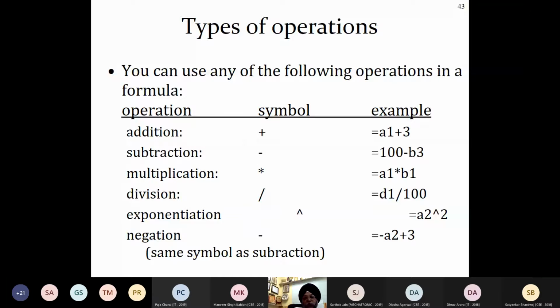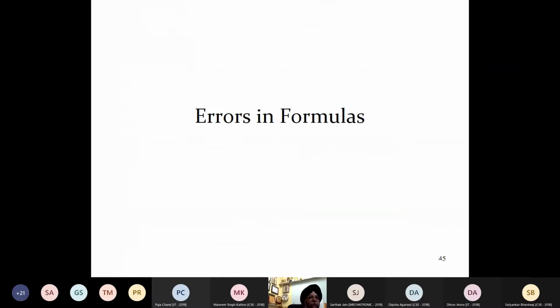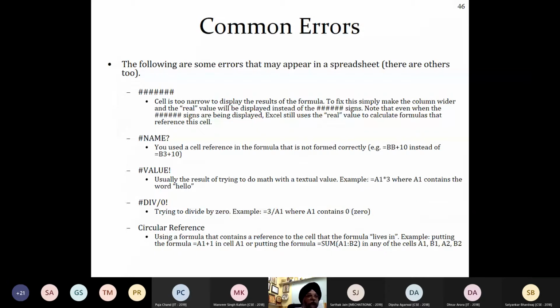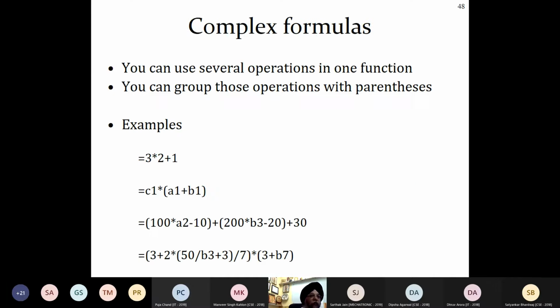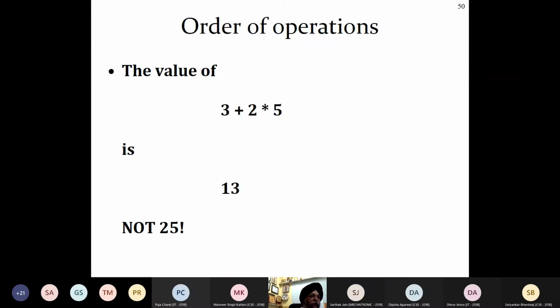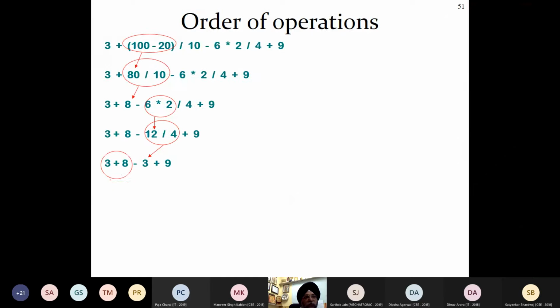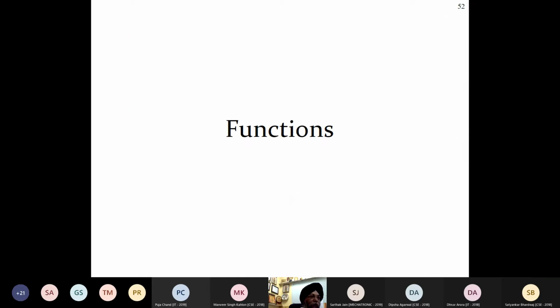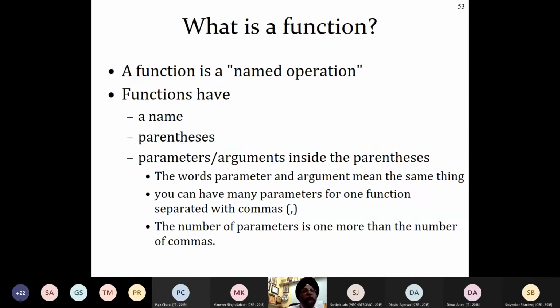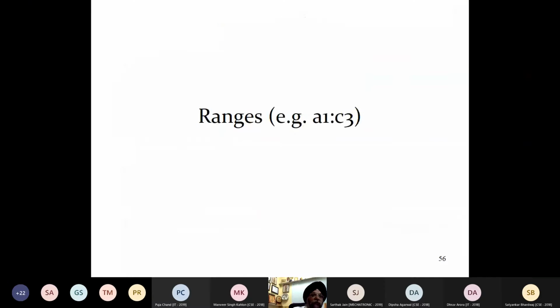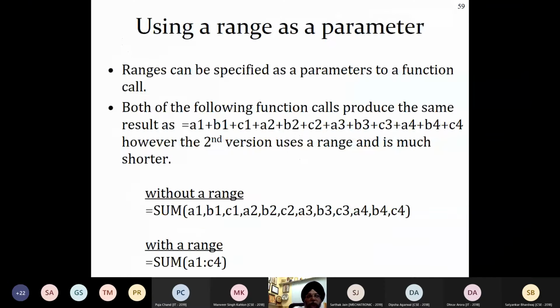Okay, types of operations we have done. Okay, and we have studied about the errors of the formula. So errors are one of the most important things which you have studied. The order of the operation is another thing which you have worked on, right? How the things work in the Excel and all that. We have done it meticulously like this, and finally we have verified the answers. What are functions? What is difference between formula and functions? Terminologies, ranges we have gone with, right?